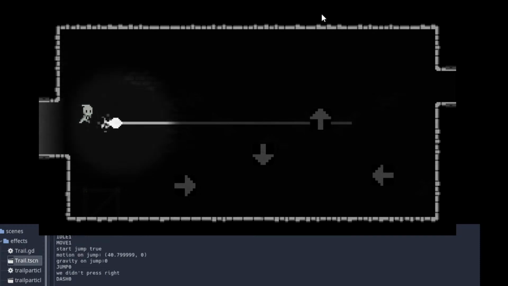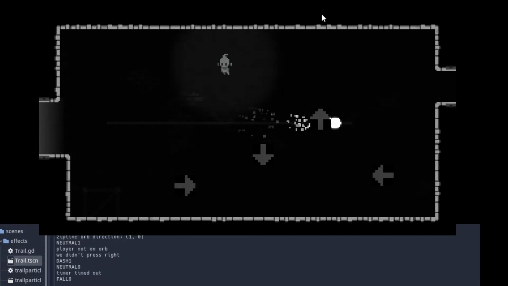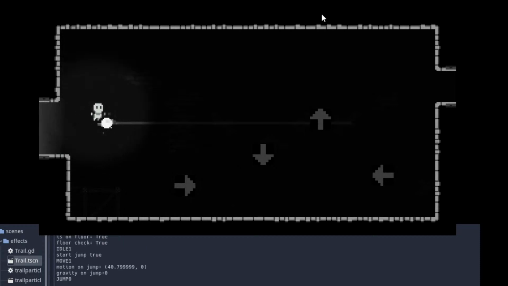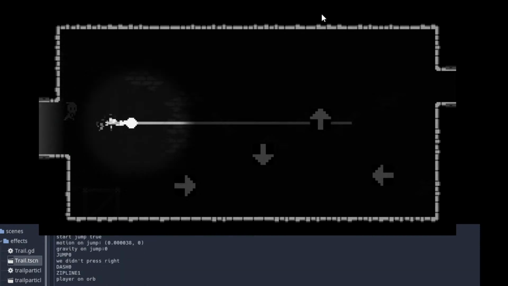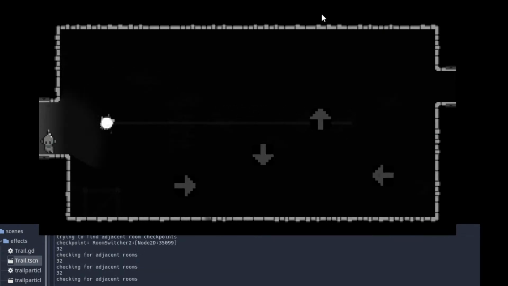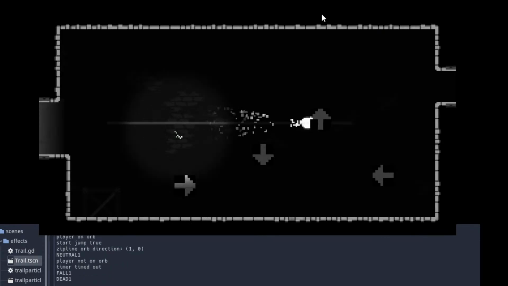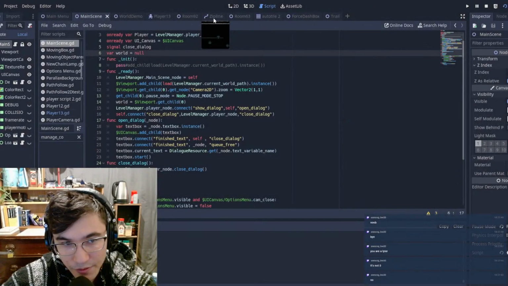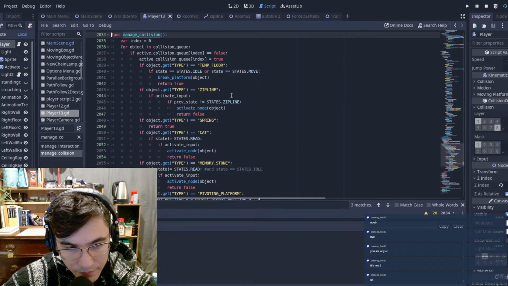The reason why we can't? Okay. So it works there. Here, when we're inside of it. So it only seems to work when we're on the outside. And I guess that's because currently what we're doing here, I think I see what we did wrong here. In manage collision, what we should do is